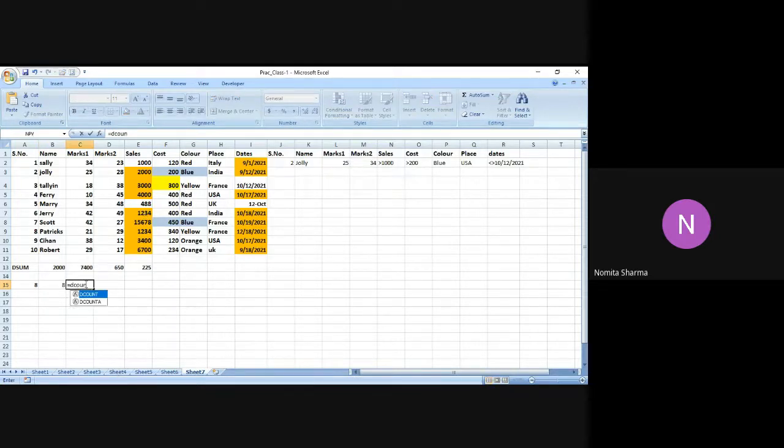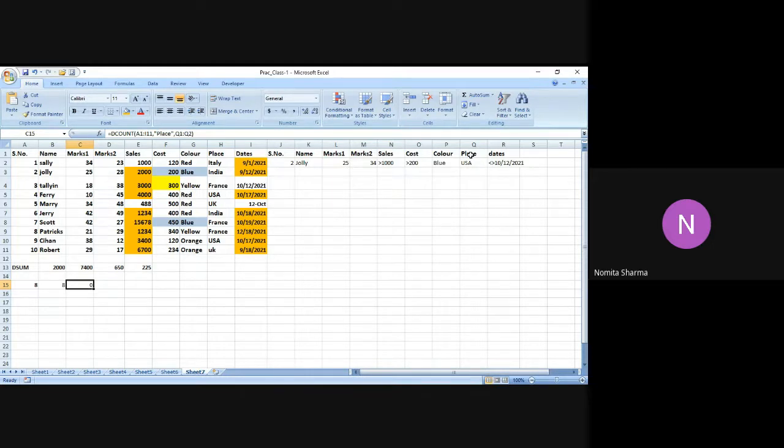Let me do it one more time. I say DCOUNT, and this time I am going to count the countries just for a change, no particular reason. I say place, and in place I'm going to count, say, for USA, and I'm going to close the bracket. Oh, see, what is the mistake?